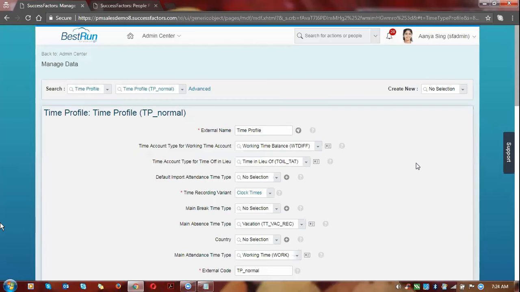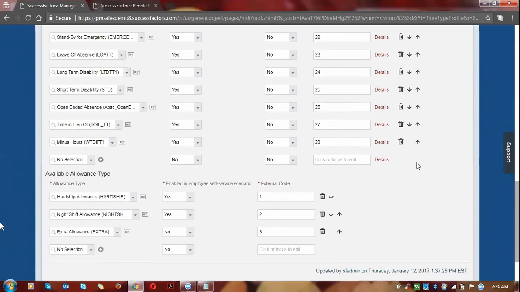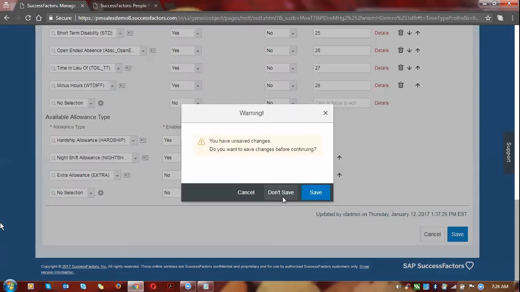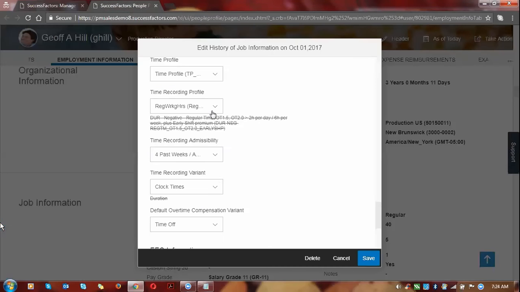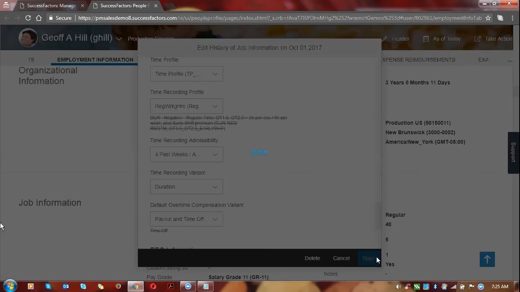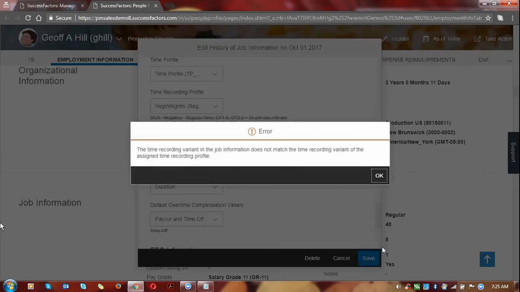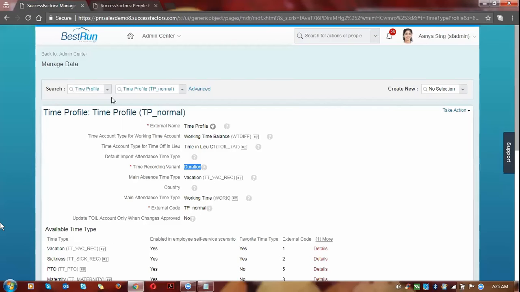So we are in the middle of the configuration, Sandeep. The system is not allowing it. Probably we have to do it from the beginning. That's the problem. Or if you guys have created anything clock based, then we can go ahead and assign it to this employee from the beginning, I would say. Change this to